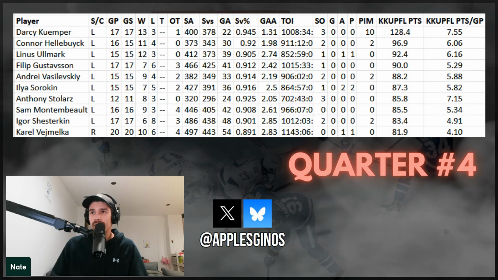If you do the same exercise, just looking at points per game rather than total points, and rank the goalies 1 through 10 based on that, you end up with 23 different goaltenders that finish top 10 in points per game in at least one quarter of the season, and 38 different goaltenders that finish top 10 in points per game in at least 1/8 of the season. I really like to highlight this data just because I hear people talking all the time about how you have to hit on the correct waiver wire goalies. Like, you just have to be so perfect at picking these goaltenders. And I just don't think it's true.